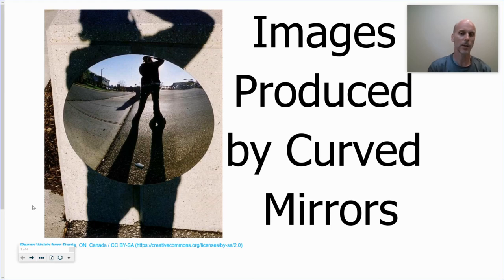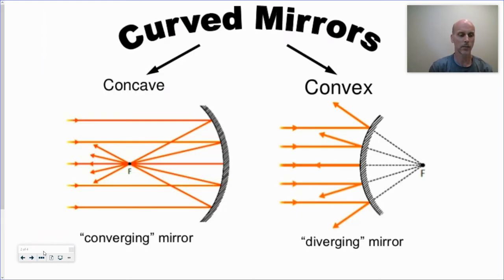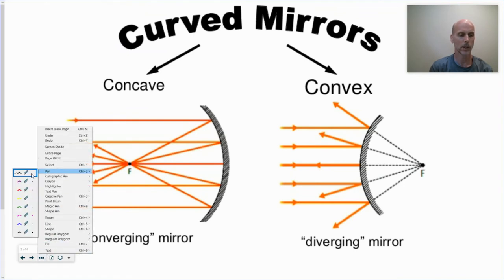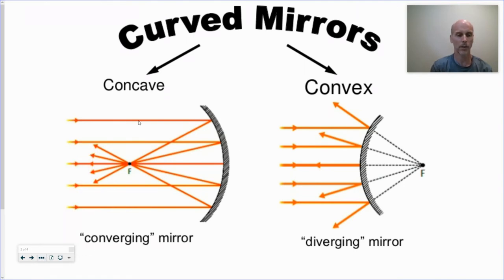Hey, today the topic is images produced by curved mirrors. There's two kinds of curved mirrors that we will be dealing with. One is the concave and one is a convex mirror. And the key difference from a physics point of view is what they do when we shine parallel rays of